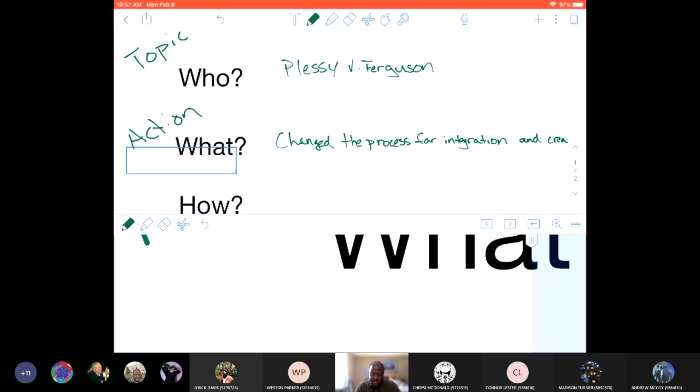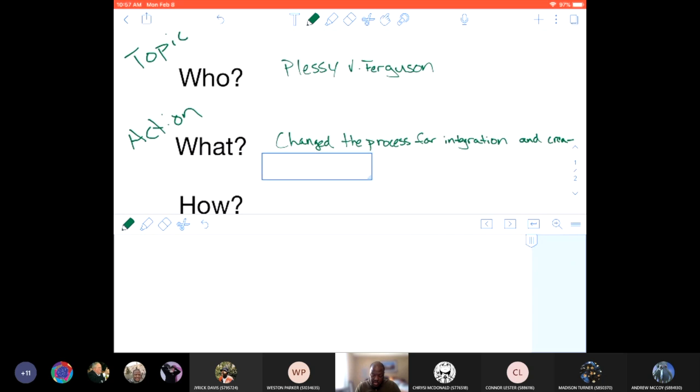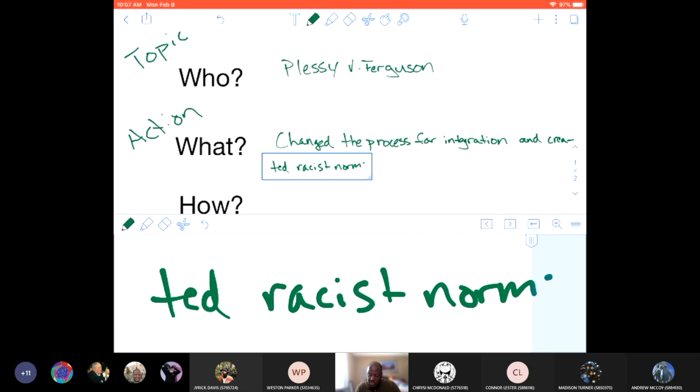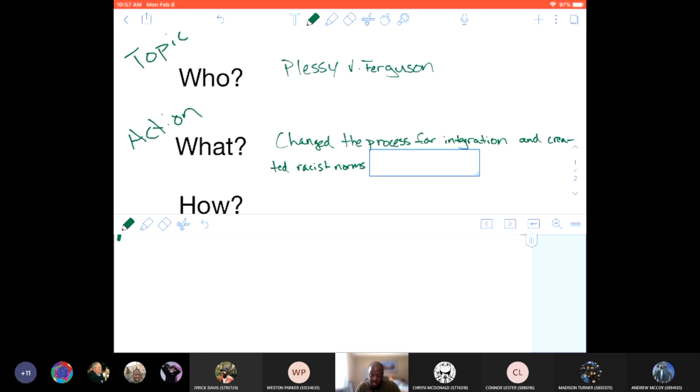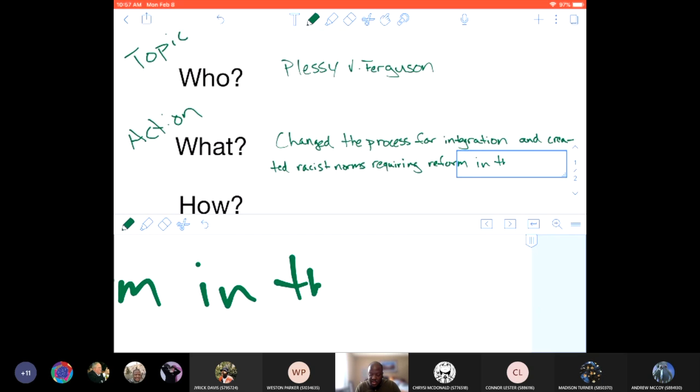And create, oops. Created racist norms requiring reform in the 1960s. Changed the process for integration and created racist norms requiring reform in the 1960s,